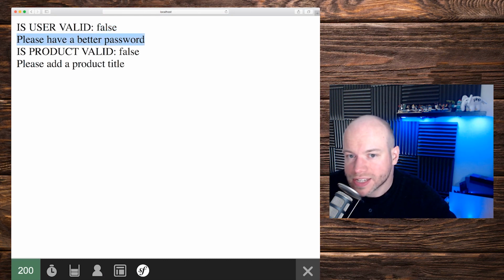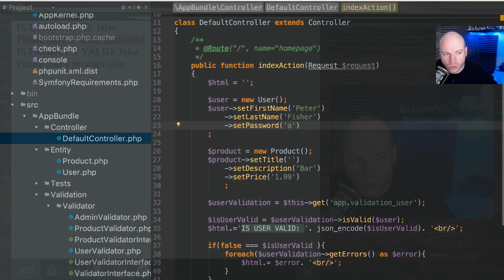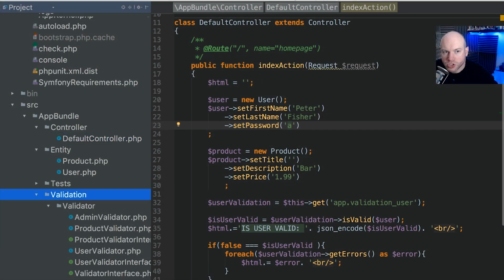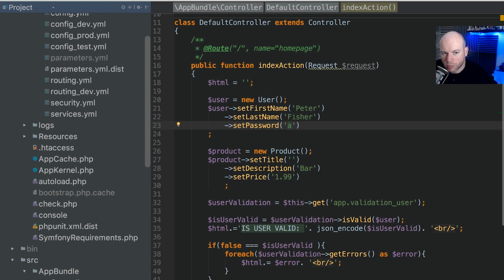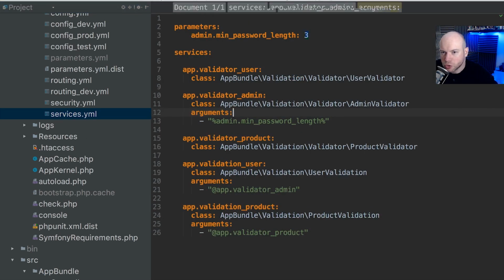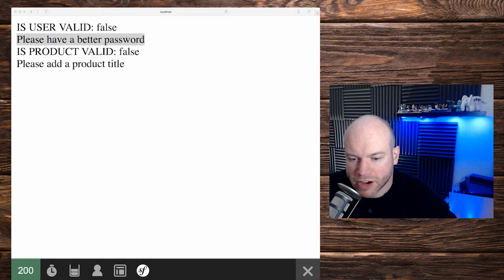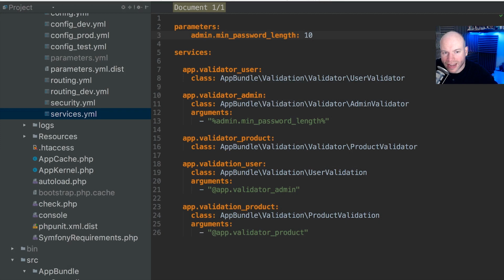Okay, let's play with this a little bit. Let's go back into the tutorial, go up to the services.yaml file, change that to be 10, and then hit save. And let's go back to the browser and refresh the page. This should also fail. But if we go back into the tutorial and have a password which is greater than